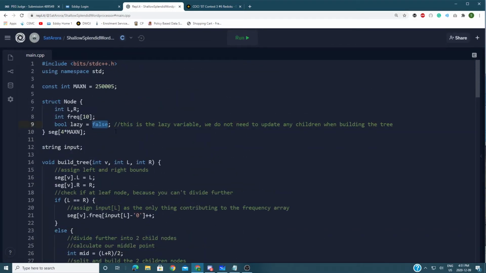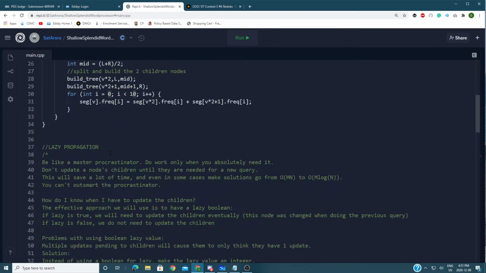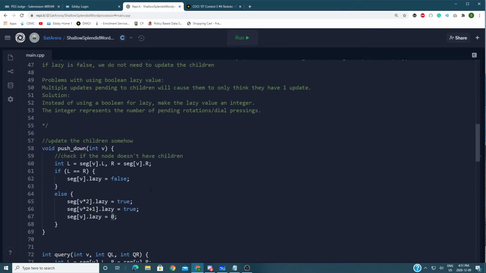Boolean lazy, and instead of doing Boolean lazy, it would go to int lazy. And then initially there's 0 thing, you don't have to update anything, so it has 0 pending rotates, or it rotates to children. And so here it'd be seg v dot lazy equals 0. Seg v times 2 dot lazy. And then you say seg v times 2 dot